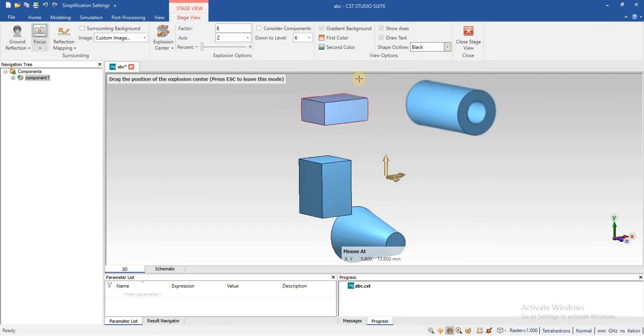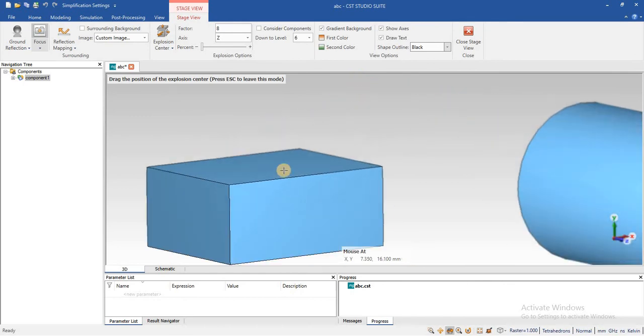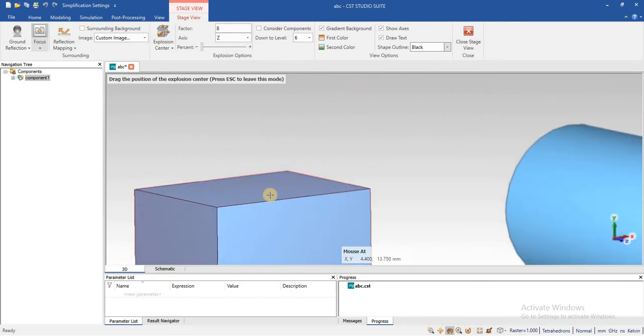You can see the outlines of an object in red color. If you want to see an object in original, you can change the shape of the object from here.